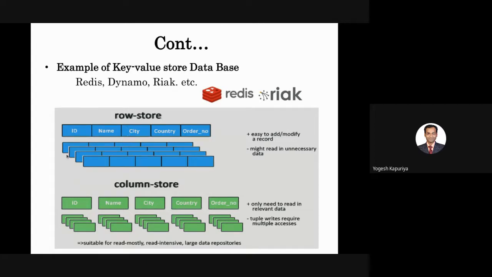This is mainly used for transactional purposes. But when you want to use a database for analytic purposes, you want some specific column. Normally, let's say you are interested in the amount of the transactions, then you are only interested in that amount column. Or let's say how many users are from this particular city, then you are just interested in the city column.